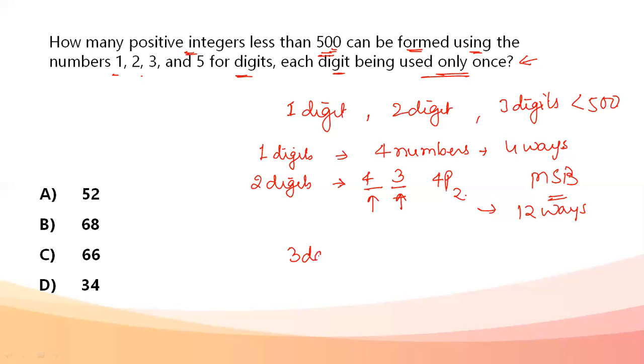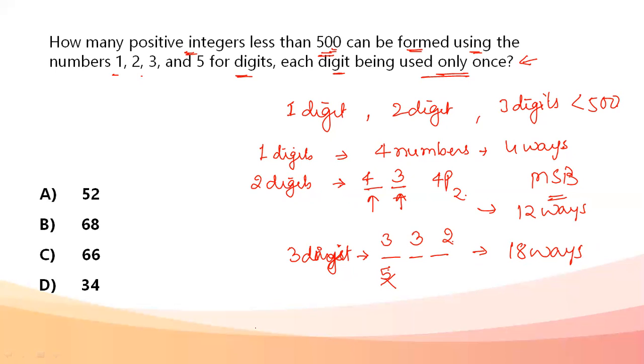Next, if I talk about three digits, the hundreds place will not have 5, so 5 is not going to come up here. How many options remain? I'll have just three options here. In the next place, 5 can come up, but one of the numbers would be used in the first place, so the next place again has 3 only. The last place is going to have two options. So the number of ways for 3 digits is 3 into 3, that is 9, into 2, that is 18 ways of filling the 3 digits. So whatever number less than 500 I can form with three digits, I'll have 18 numbers.